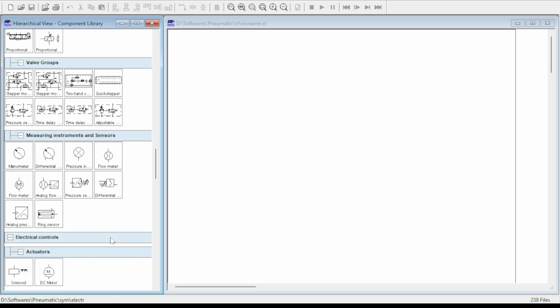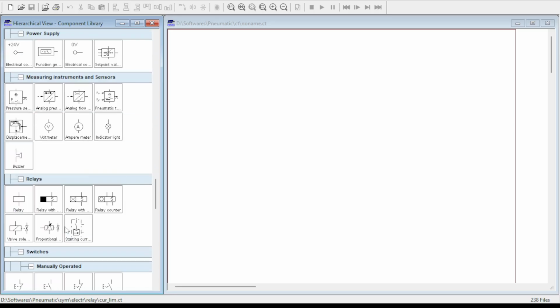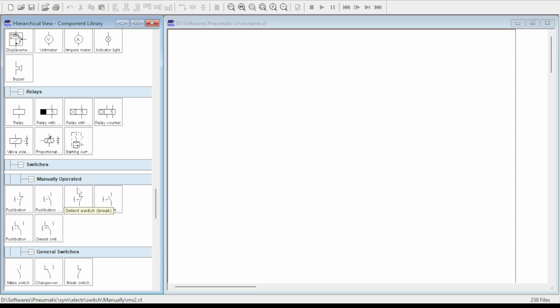are all provided. When it comes to electro-pneumatic circuits, the actuators and power supply required for building up electro-pneumatic circuits are all provided under electrical control. You have relays, and electrical sensors and measuring instruments like voltmeter, ammeter, indicator light, pressure sensors, displacement sensors, buzzers, and so on. Different types of relays with timers, proportional valves, switches that are used for controlling an electro-pneumatic circuit,